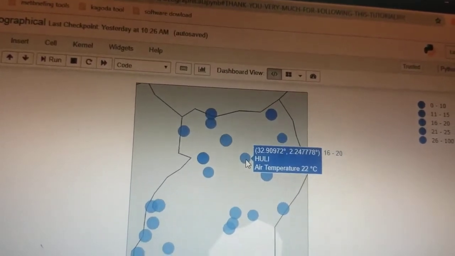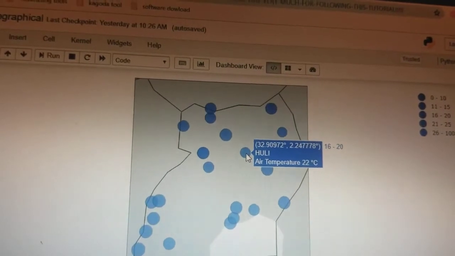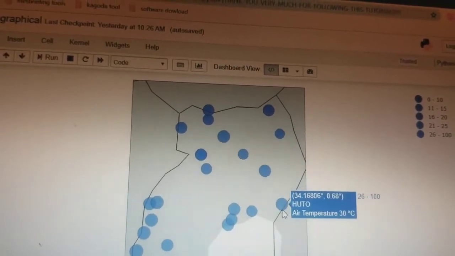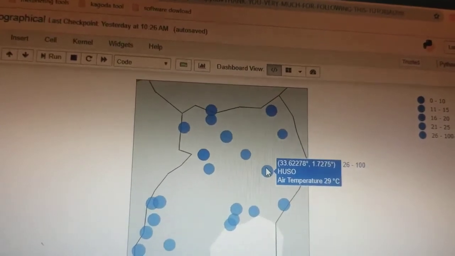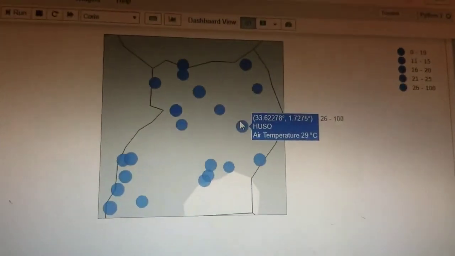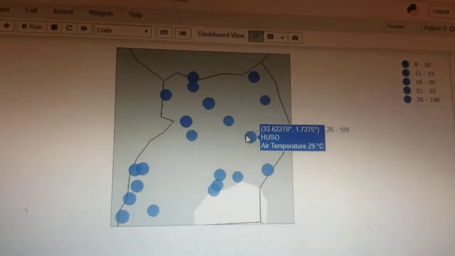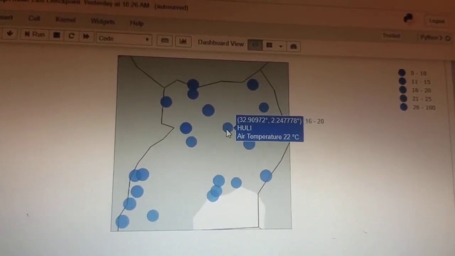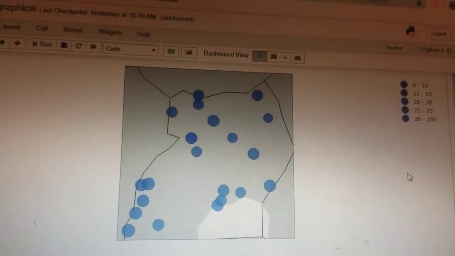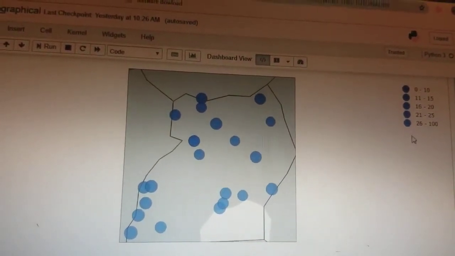It is the small one. You can see it is showing 22 degrees. There is another bigger one, this one. This one is showing 29. So the bigger the barrel, the higher the temperature, and the smaller the barrel, the lower the temperature. So let's look at our data, which is between